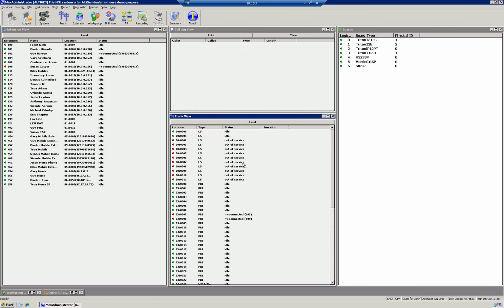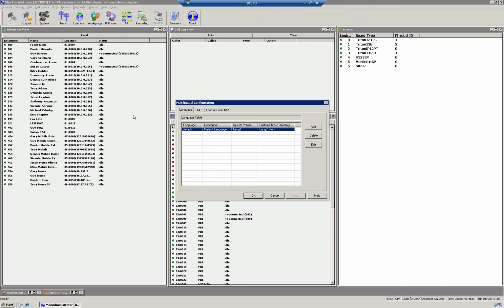If you have any questions on this, we can go into it further, but the auto attendant is very powerful and gives you a lot of flexibility of how to use the phone system, and that's really the voicemail part of the system. So multilingual